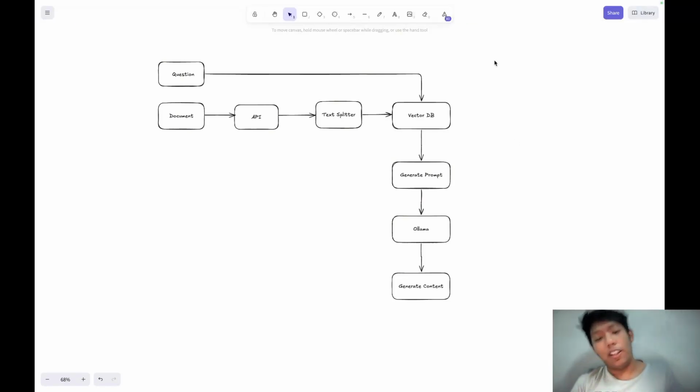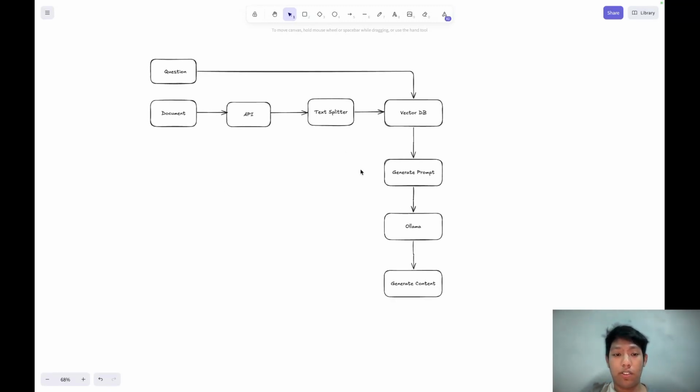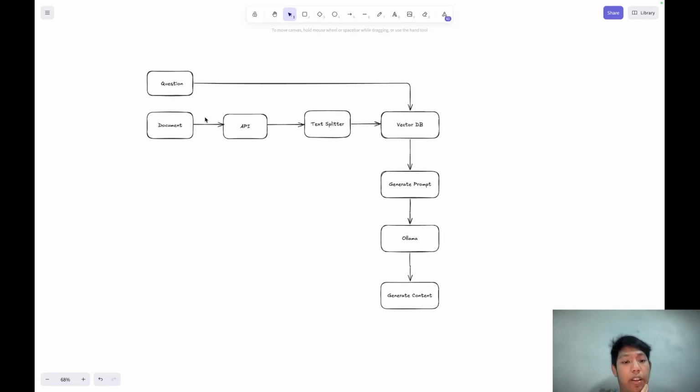Hello everyone. Today I'm going to show you how to build a RAG API using Node.js. At first I will explain with a diagram and illustration. We are creating an API and we will